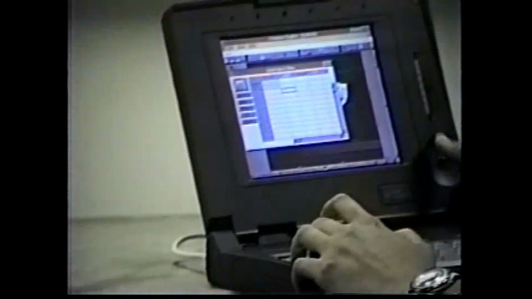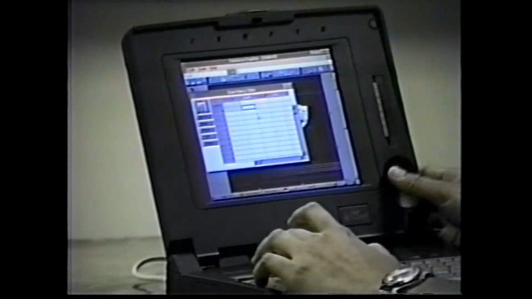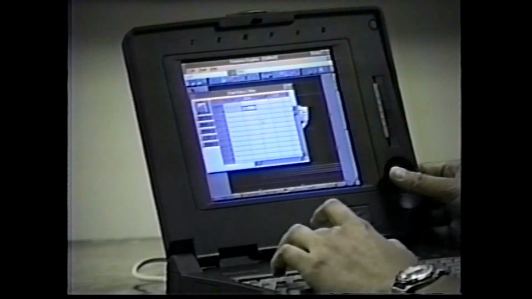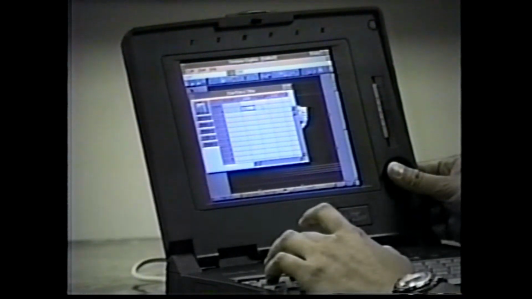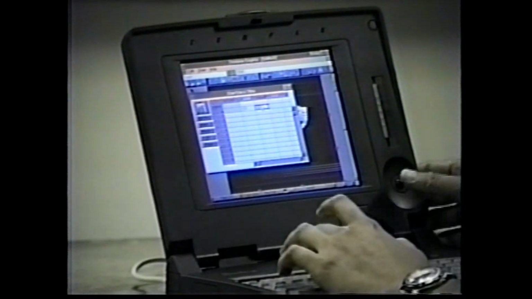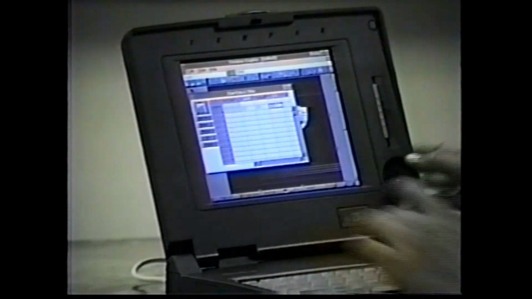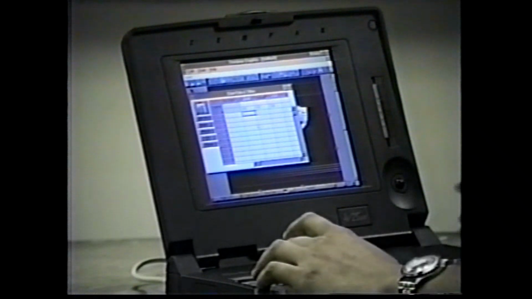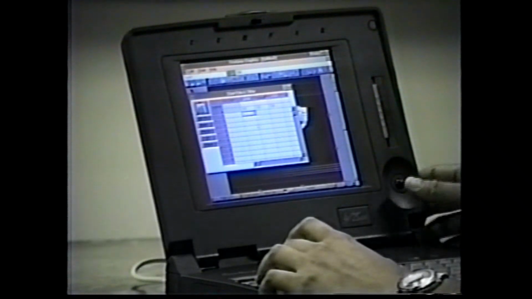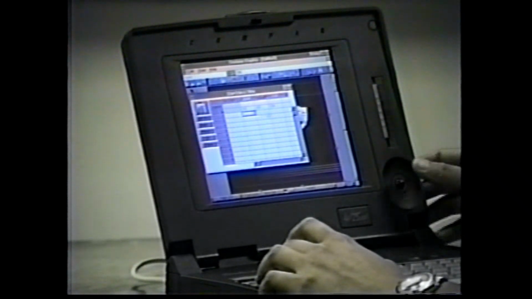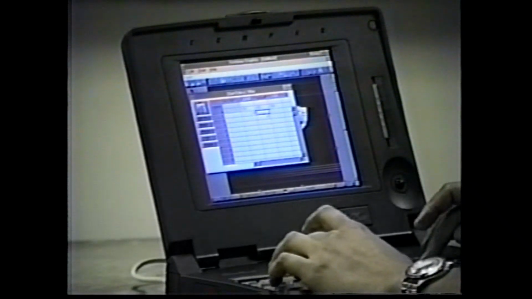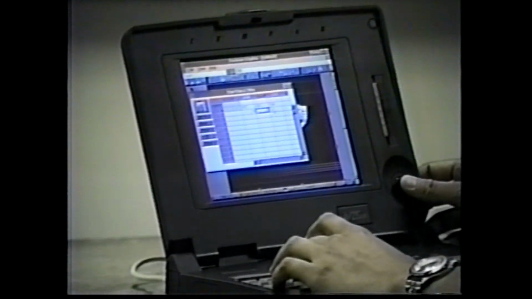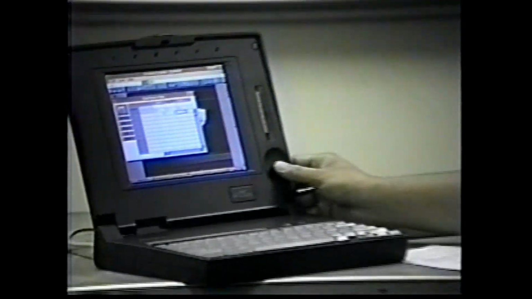So I'll put 1992, 1993, and 1994, and the sales of 1992 is something like $1,100, and 1993 $200, and 1994 is $300, and it will